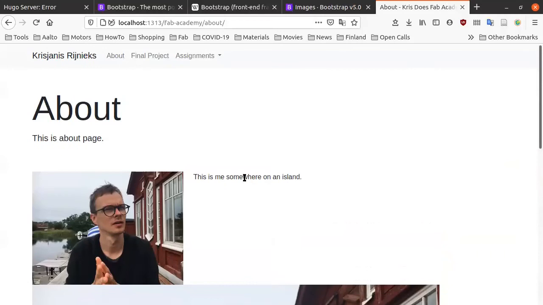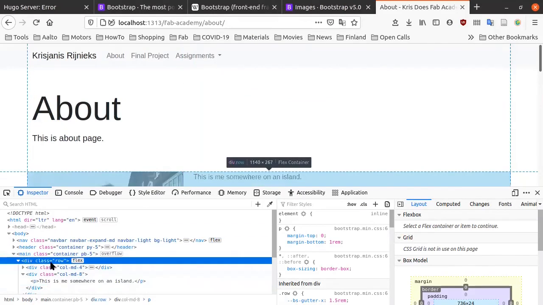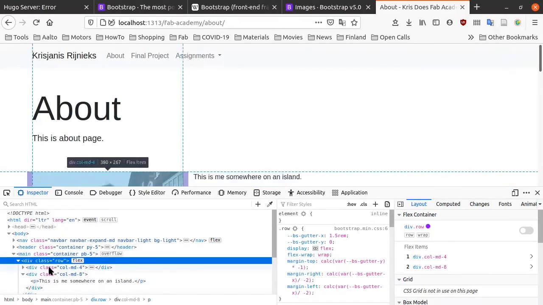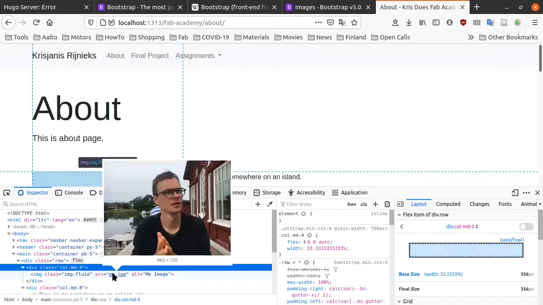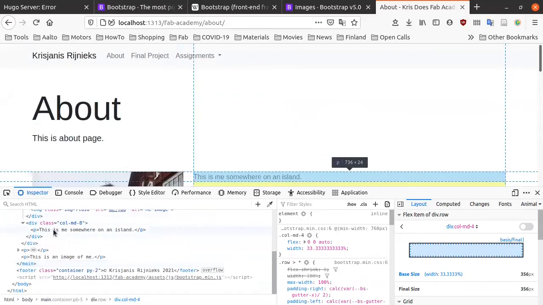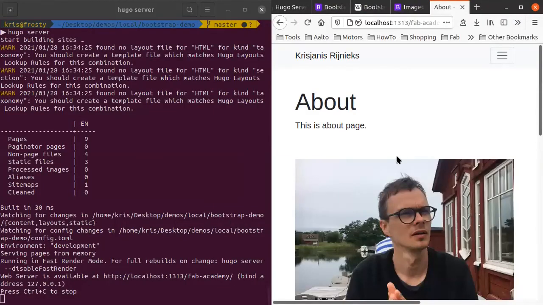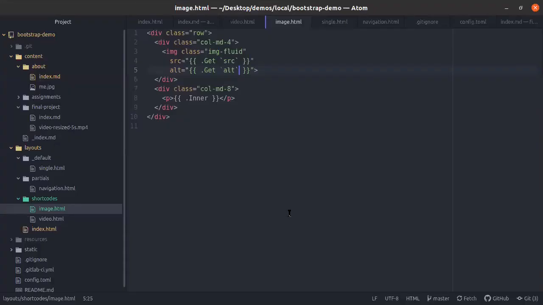Okay, that actually works. We right click and inspect the element. You'll see that it inserts a row, the column, and an image, where the source is replaced with the source variable and alt is replaced with the alt variable. Right here, and there's the description. And when we shrink down to the mobile size, then it displays one after another. So, the shortcodes in Hugo give you all the flexibility, so you can